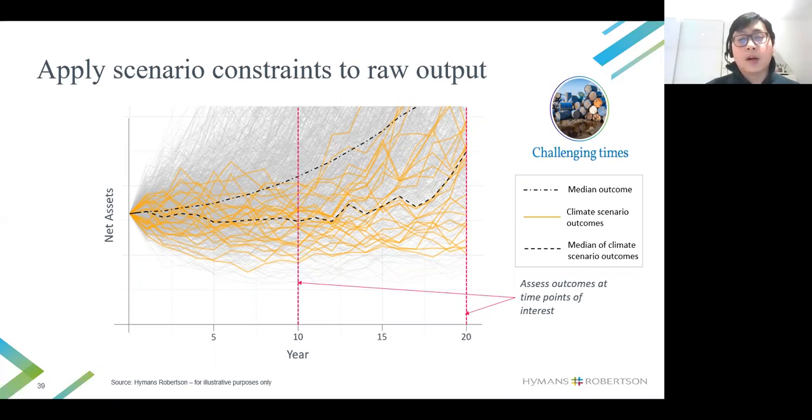We can then pick out the scenarios that correspond to the narratives or the high-level impacts in the previous slide that we've assessed, and these are highlighted by the yellow lines on the chart. This will then allow us to determine a new median, which we have shown as the lower of the two dotted lines here, and assess the outcomes at different time points that are of interest. As we can see, the new median under this scenario is lower than the initial position. So if we click onto the next slide,